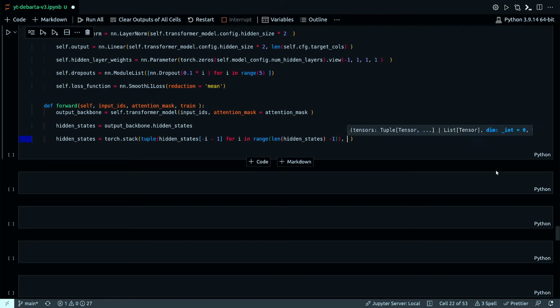Need to define the dim as well, dimension of 0.